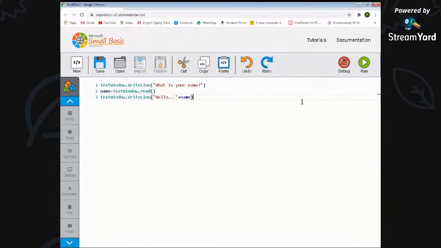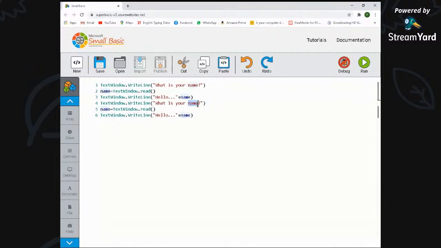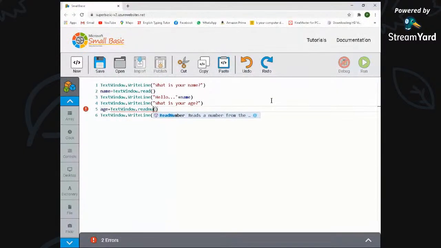So then we will also take age, for example. I'm just copying it, the same thing, instead of typing. So WriteLine, what is your age? Here it is not a name, this is a number, right? So let us put some other name. Same name also we can use, no problem, but so that we'll understand, let's put some name. So read number. Age is a number, right? So we have to put read number. And here we'll put, instead of name, your age is